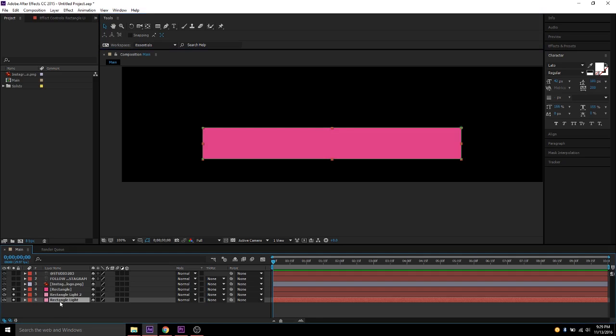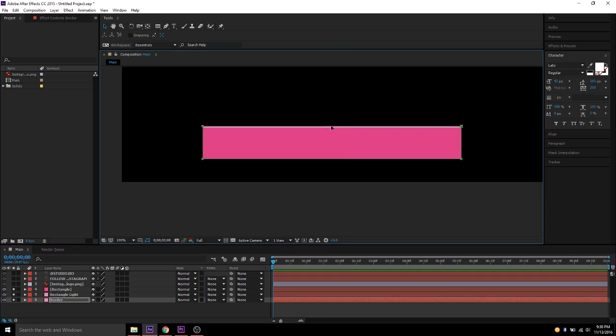Alright, now what we want to do is double click here on the rectangle light, the duplicated rectangle light. So that's the wrong one. We'll move this to the bottom. And we'll call it border. We will rename this border. So highlight it, go up here, double click, and what we're going to do is just,